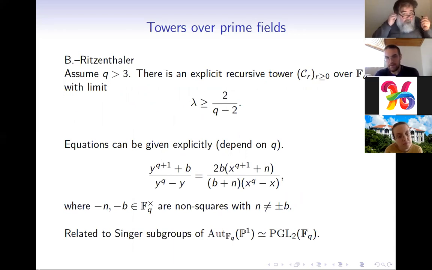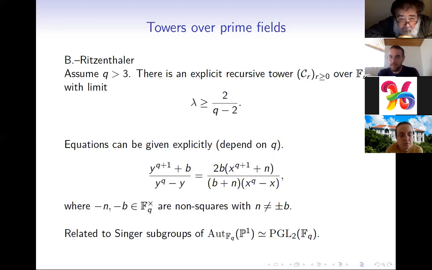If you look at the corresponding limit they give you, it's quite small. I mean, they don't give you good lower bounds. The lower bound that you get is 2 divided by q minus 2. So the best known bound by Serre was logarithmic. So it was increasing as q goes to infinity. At least you got better bounds. This bound even gets worse when q increases, and it does not improve the Serre bound for